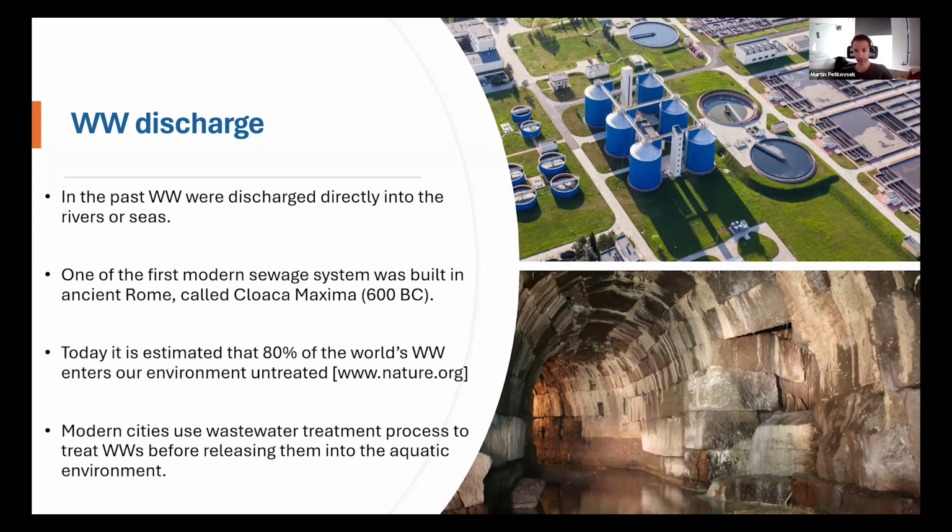That sewage system improved the general health of the people greatly and removed a large amount of waste and wastewater from the city. The information that I found on the internet, I cannot be sure whether this is 100% accurate or not, since the number is very high, but nevertheless, according to the web page,